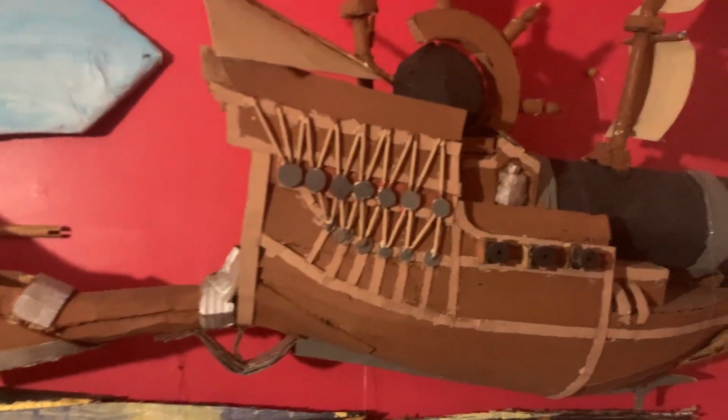To make the trim, I used some thin cardboard, almost like cardstock, and I tried forming them as best as I could to get close to the look in game. And in the end, it turned out pretty well. The next step after that was to make